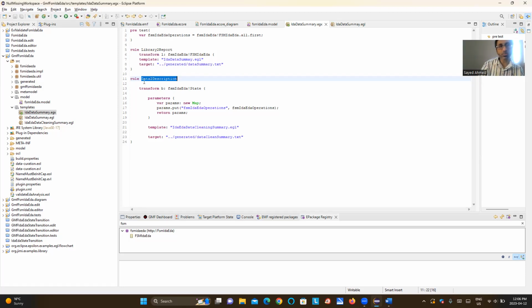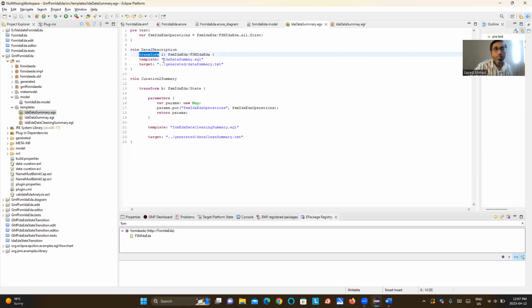Data to description. Okay, give it here. And data to, no, this I can say curation to. My goal is that initially I will describe the data, that is one thing, and then